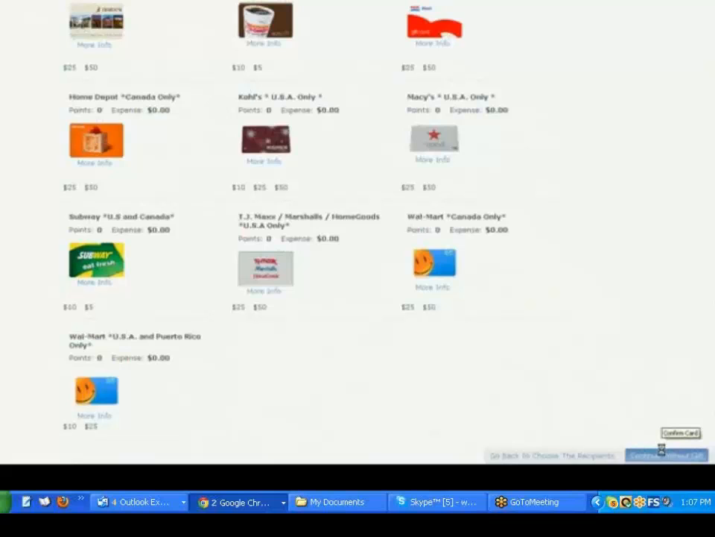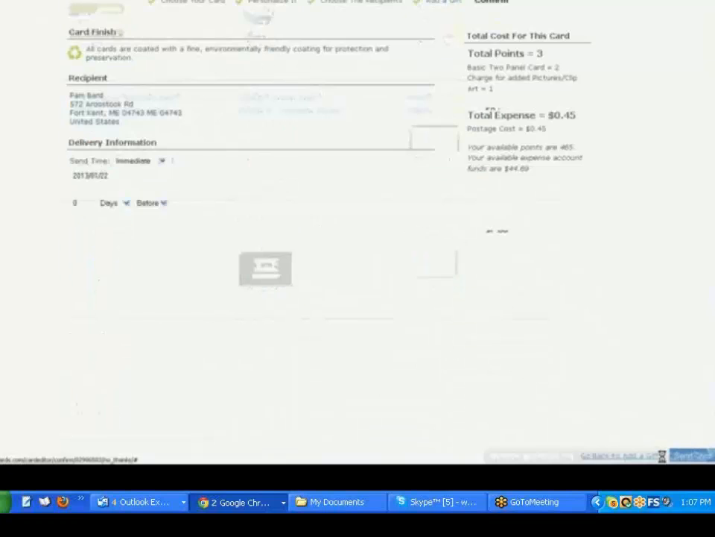So now I would just click on the last step. System's going to ask me one question. When do I want to mail the card to Pam? If I leave it as immediate, it goes out in the mail tomorrow. I can schedule it on her